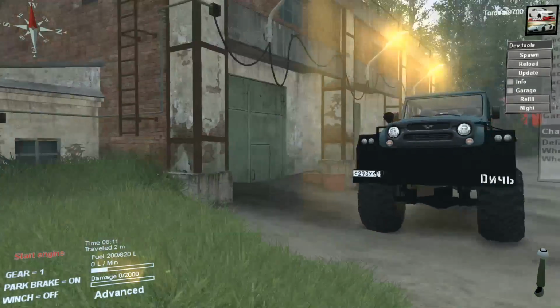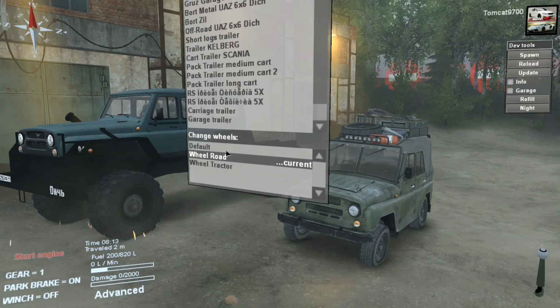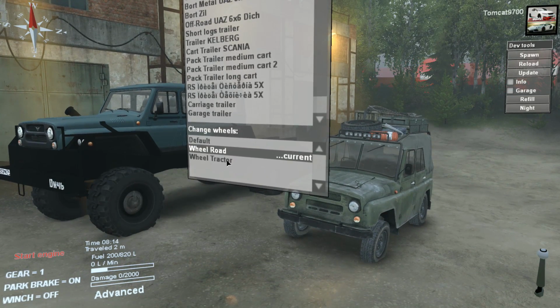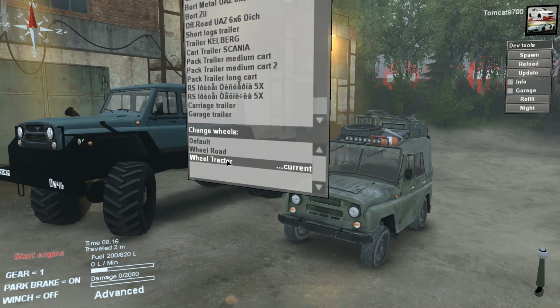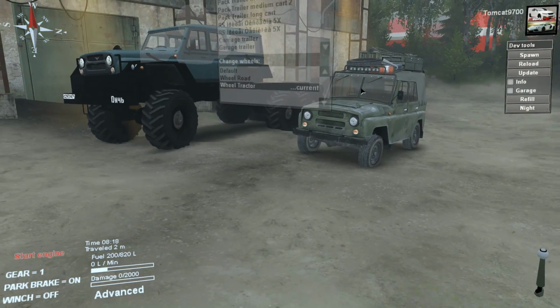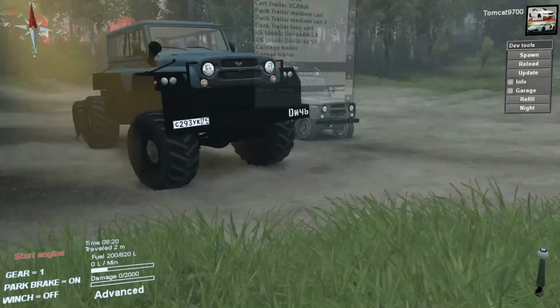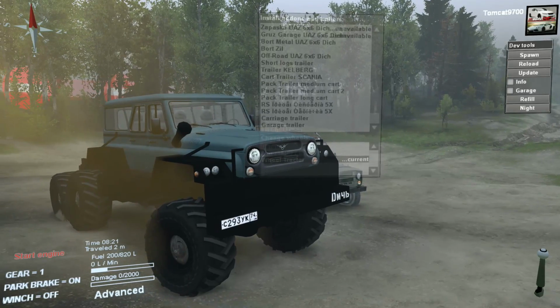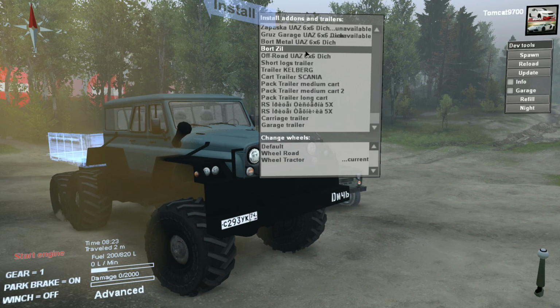Tomcat here, and today we are back in Spin Tires for a vehicle that is actually kind of innovative. It's the UAZ Project Ditch, which is pronounced "ditch," but they spell it wrong on the workshop. On the Steam workshop, it's just D-I, like Project D-I-C-H. I don't know, but regardless of the spelling errors, they took a UAZ and they put it